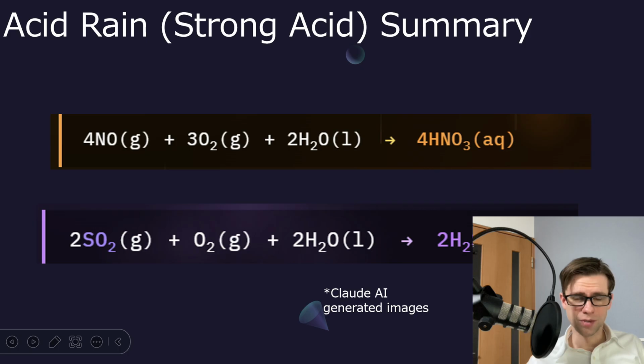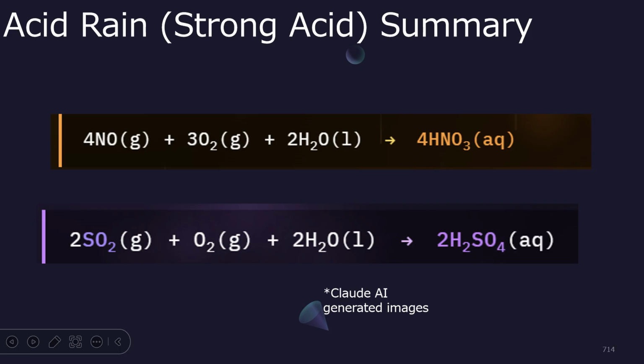So that's a lot to remember. You probably won't remember it, but in summary, I think this is what you should remember, okay? NO, nitric oxide, can be created by high heat combustion, basically anywhere, because there's N2 and O2 in the atmosphere everywhere. So anywhere where there's high temperature, this can be made. And it will react with O2 and H2O, water and oxygen in the atmosphere and in the environment, to make HNO3, a strong acid.